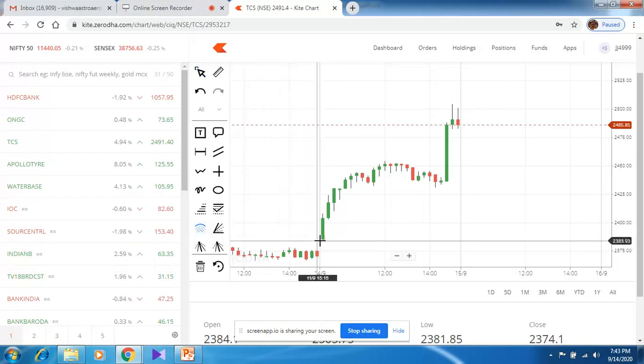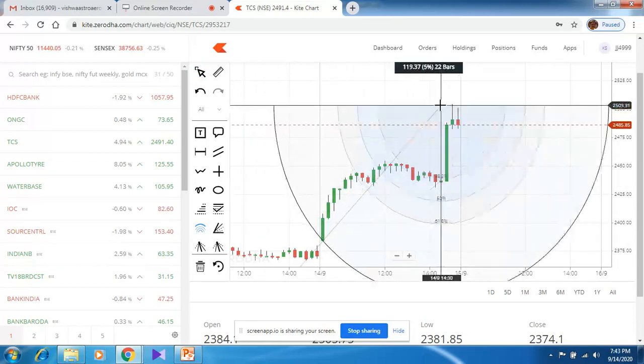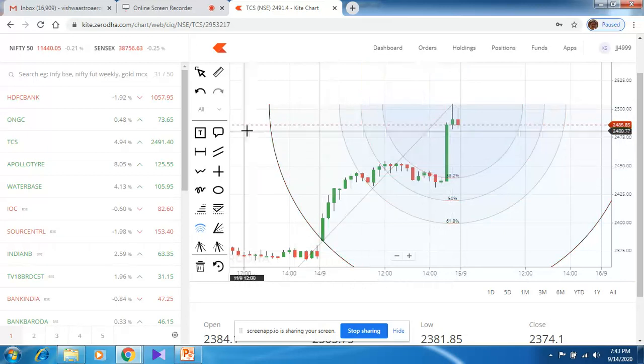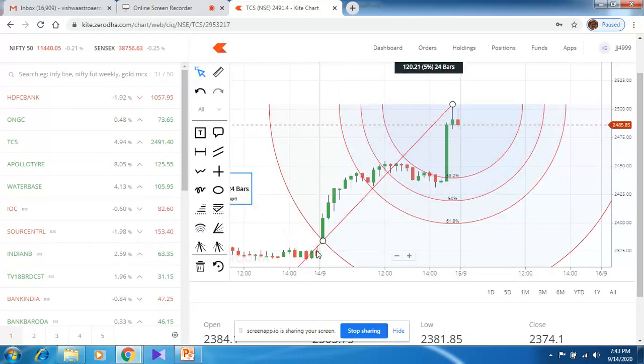So again, we observe that the market has started from here and it has reached its maximum here. So I'm going to click over here. It is obvious from the Fibonacci arc that the market has to go up until it reaches this curve. This is the Fibonacci curve of 61.8. Once it crosses, then we need to observe until it crosses the next successive Fibonacci arc, 50%, until it reaches its center value, its maximum value.